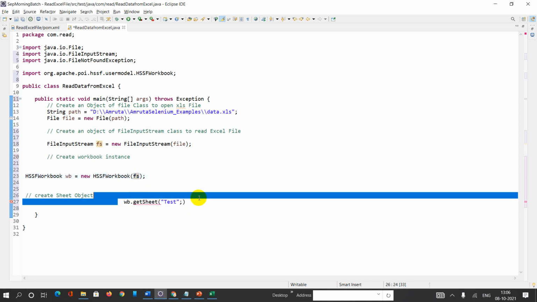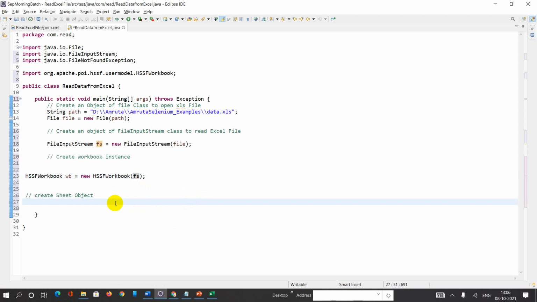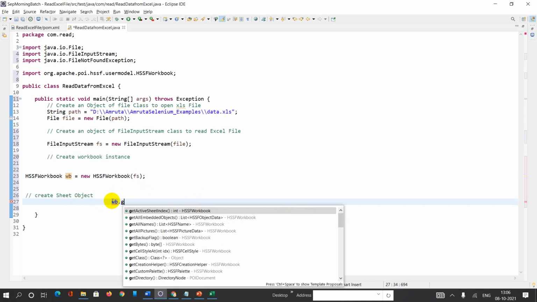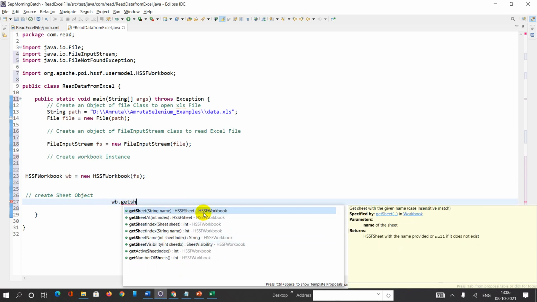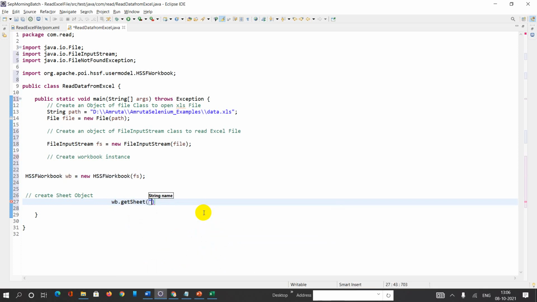And then I would like to create my worksheet object. So how should I create? wb dot getSheet, this is my test. Sheet name is test.